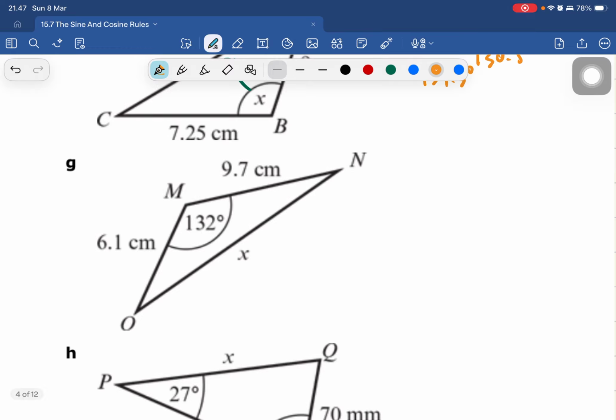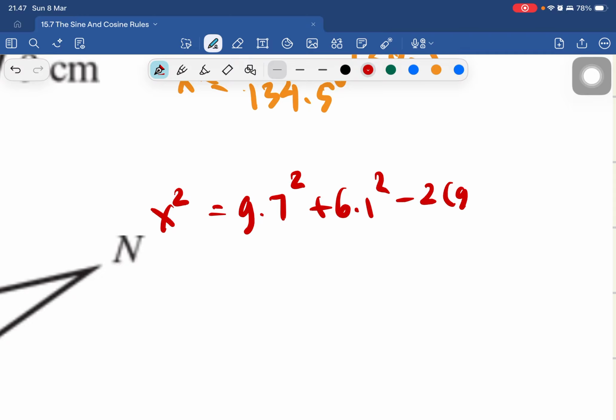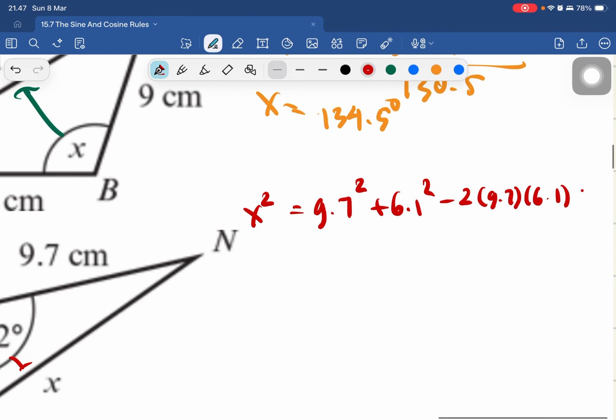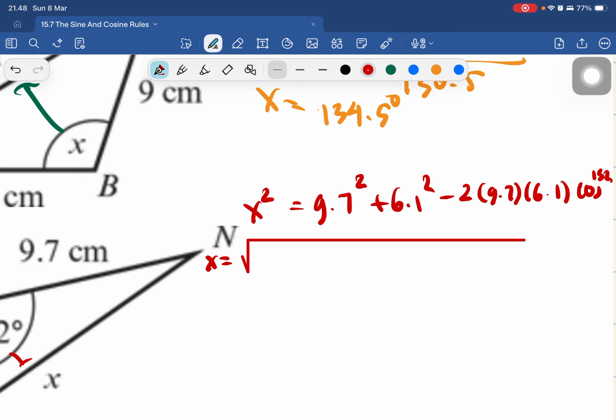Okay, we still have two sides, so we'll use the cosine rule. Opposite, so this is x squared equal to 9.7 squared plus 6.1 squared. We minus 2 times 9.7 times 6.1 cos, I cannot write it there, cos 132. Okay, so let's proceed with x equal to the square root of 9.7